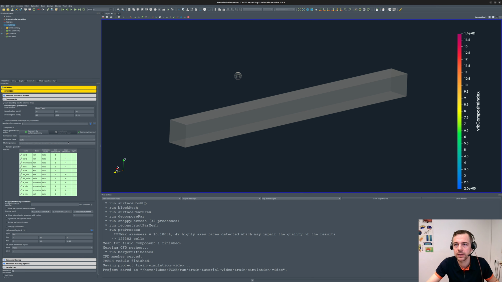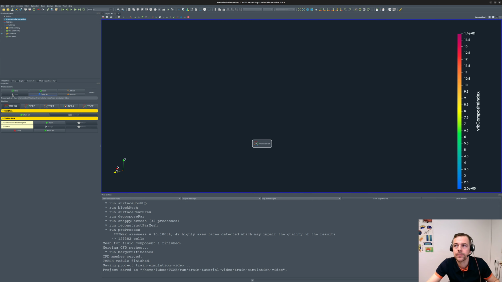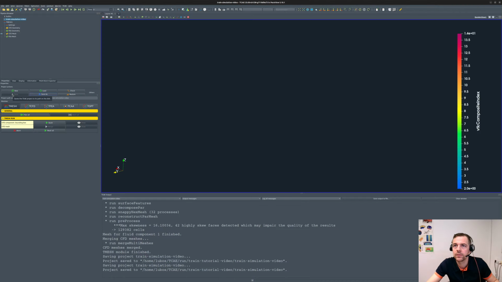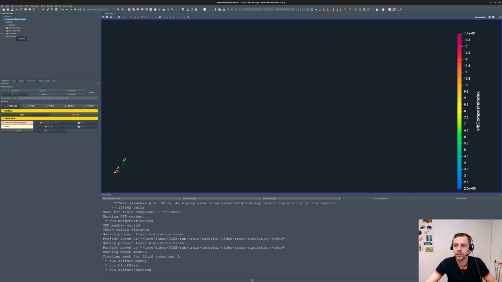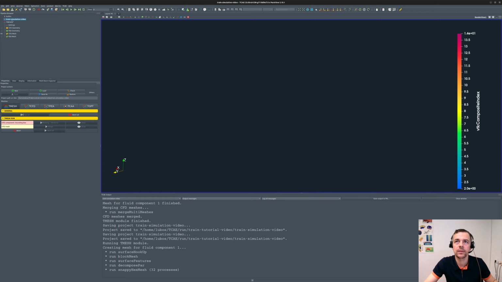Let's check the settings again. We will add 3 boundary layers to each wall. So I just did it, and again I will save the simulation and run it automatically. The process is being done in the background now, and before it's done, I will activate the new module